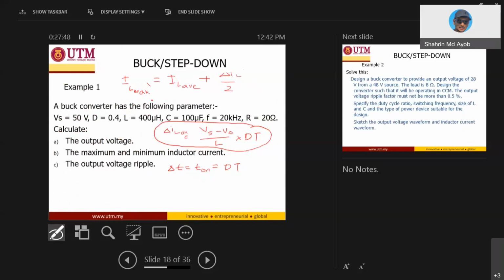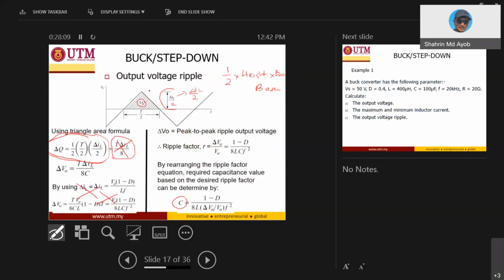This is the maximum inductor current. We have inductor current, it ramps from minimum to maximum, right? So right now, what we do is to get the values of maximum IL. Faham tak? Sekarang, the values of the IL, from this equation,